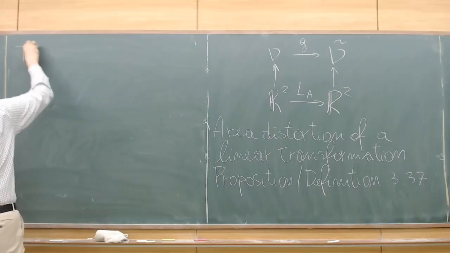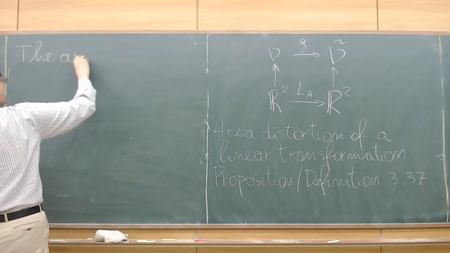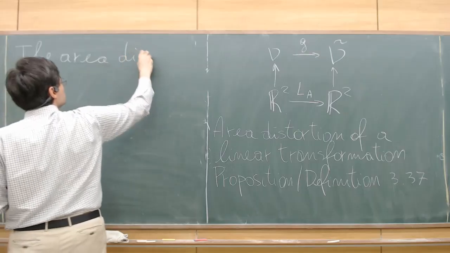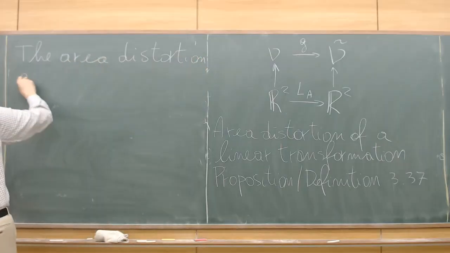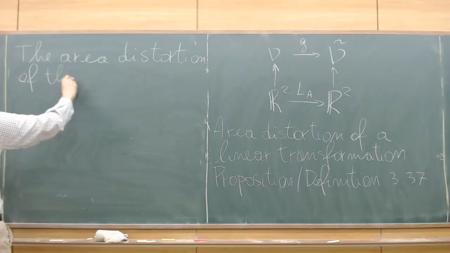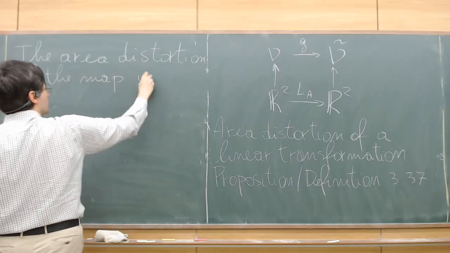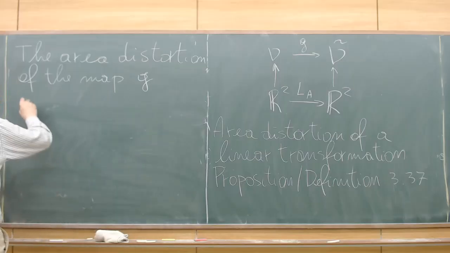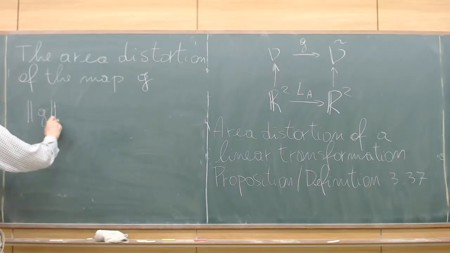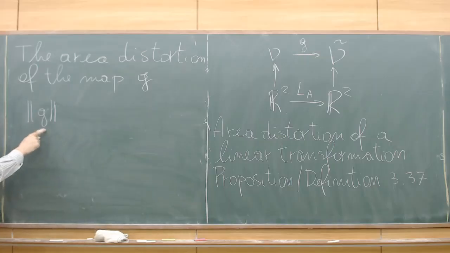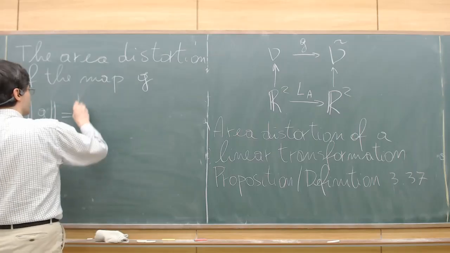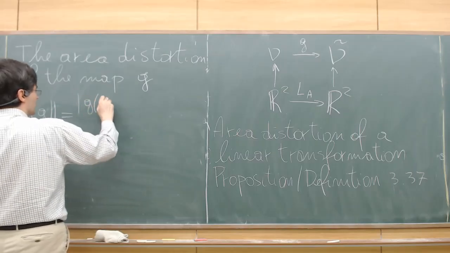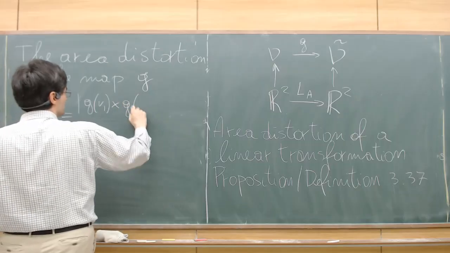The area distortion of the map G is denoted by G enclosed by two pairs of vertical bars, and it is given by the length of GV1 cross product GV2